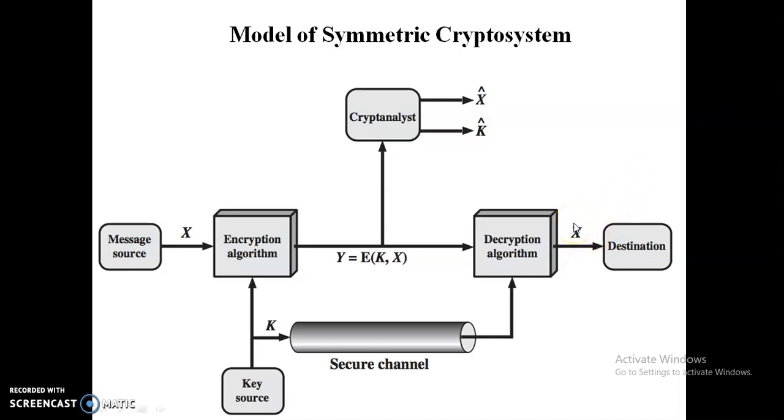Okay, we assume that it is impractical to decrypt a message on the basis of the ciphertext plus the knowledge of the encryption or decryption algorithm. In other words, we do not need to keep the algorithm secret. We need to keep only the key secret. In the symmetric crypto system, we need to keep only the secret key. This feature of symmetric encryption is what makes it feasible for widespread use.